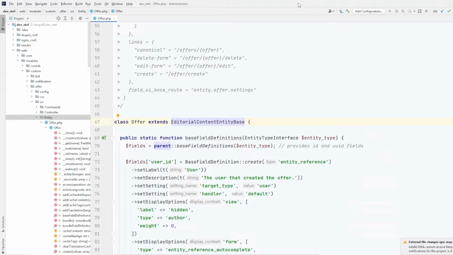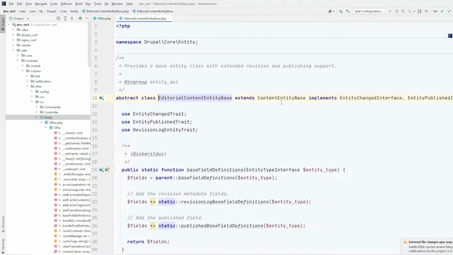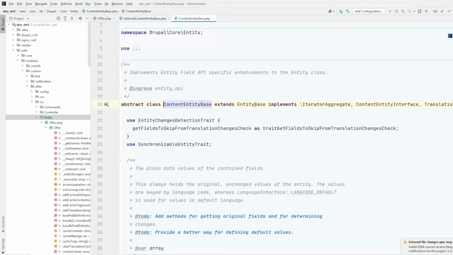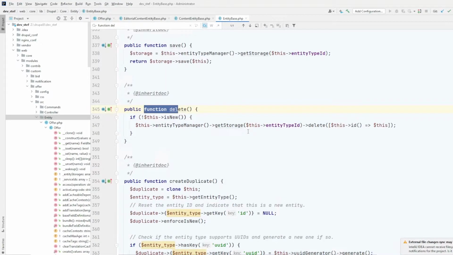So remember the following line in the offer entity. So we extend editorial content entity base. Let's drill down a bit. So editorial content entity base extends content entity base, and content entity base extends entity base. So in entity base, we can have a look at a delete function. And thanks to these lines,